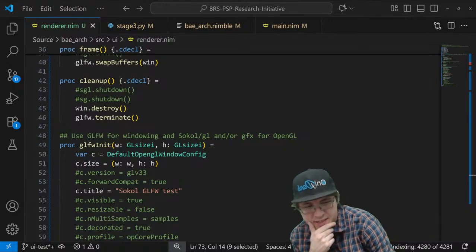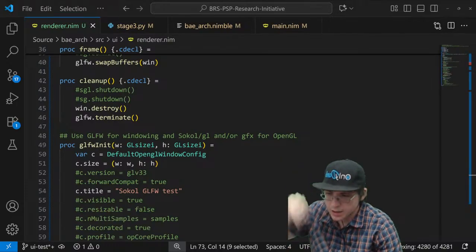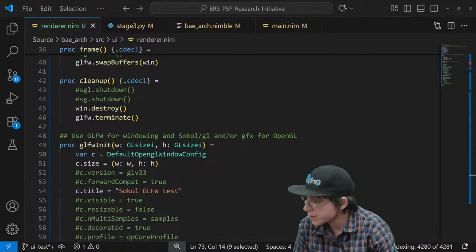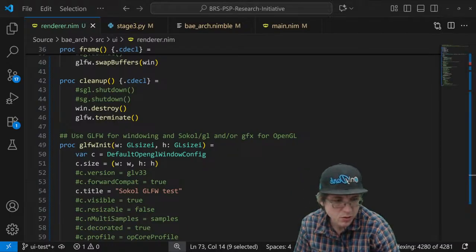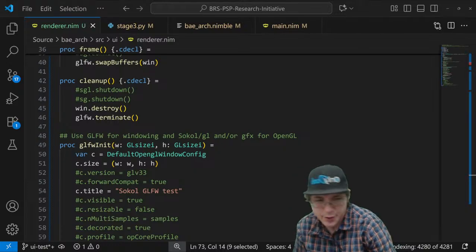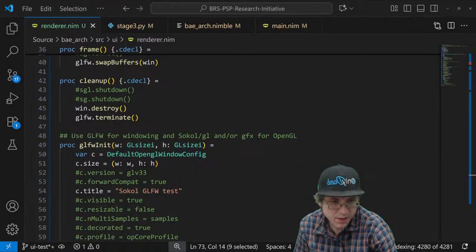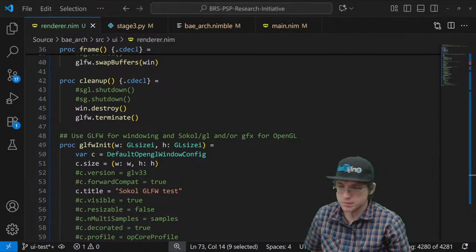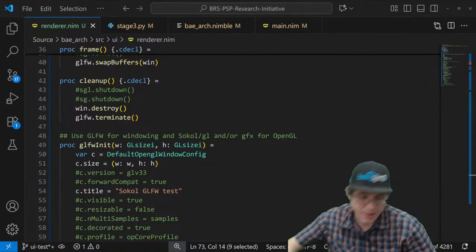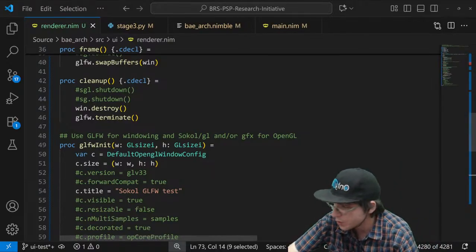So, you guys can't see what I'm looking at right now. Might have to show it. What I'm looking at right now is just the documentation, well, the code and some examples on how to do what I'm trying to do. There's not much documentation for the GLFW bindings for Nim, but the code is commented really well, and it's pretty easy to follow. And there are quite a few examples.